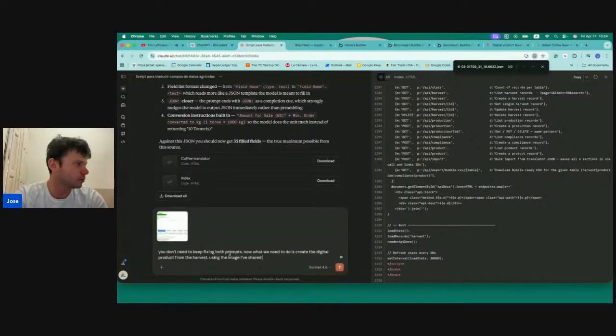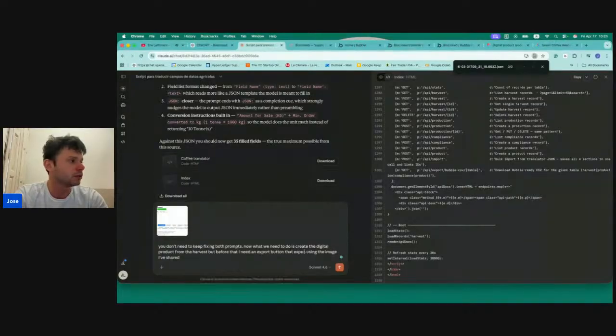You don't need to keep fixing both prompts now. What we got from the harvest. For that, I need an export button that exports the